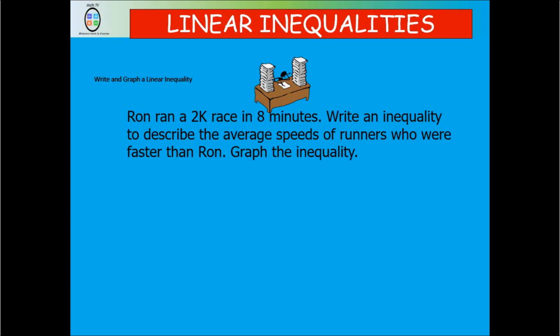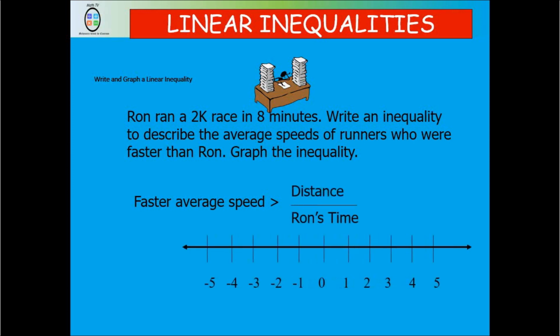So in this example now, the first thing we're looking at is average speed. Average speed is what? Average speed is total distance divided by total time. And so when you do the division, you divide 2K by the 8 minutes, so you get a quarter. So I put the 2K there over 8 minutes. So the average speed is,